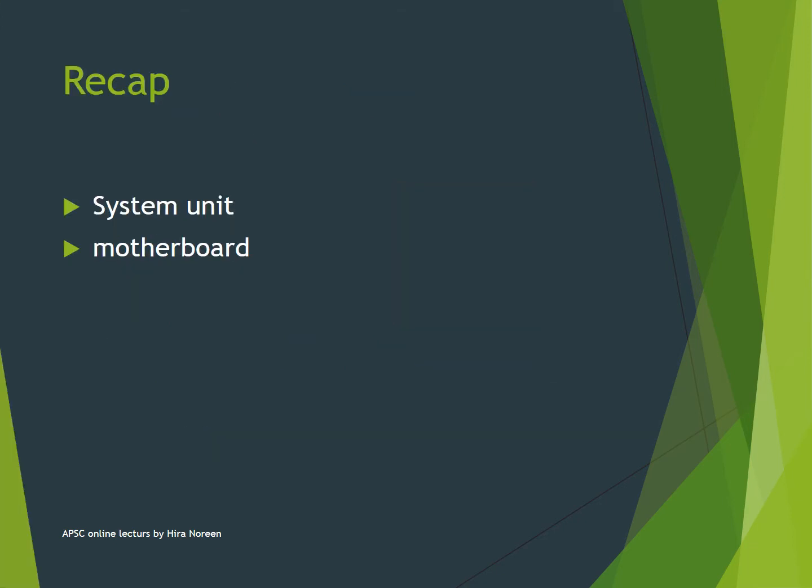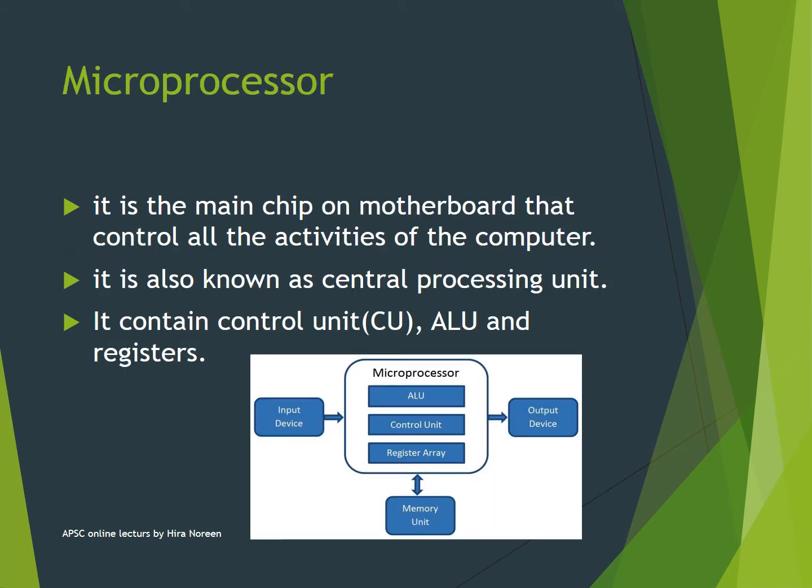Before we start today's lecture, we must recap the previous lesson in which we discussed the system unit and motherboard. The system unit is basically the main part of the computer that includes different parts like the motherboard, power supply and drives. Inside the computer casing, all the input and output devices are connected to the system unit through the ports. The motherboard is the main circuit board inside the system unit and contains the microprocessor, main memory, expansion cards and IC chips connected to other electronic components of the computer system. So here starts today's lecture.